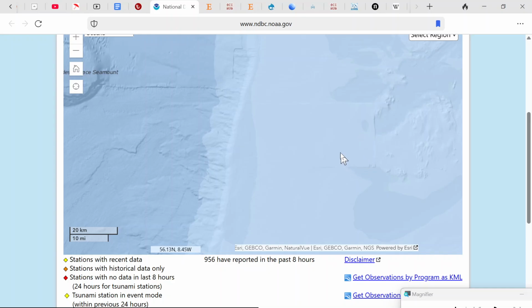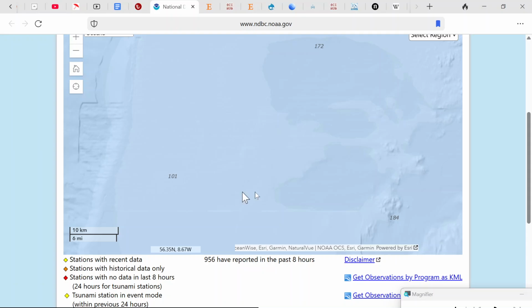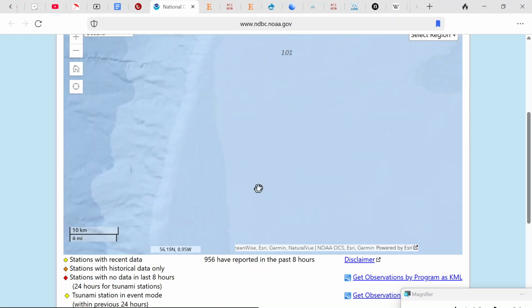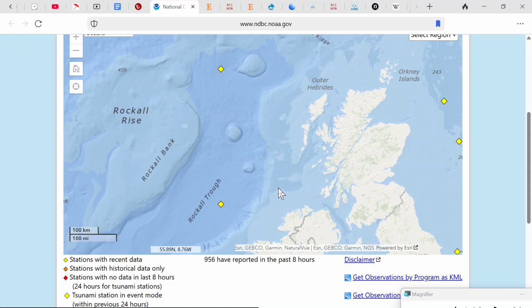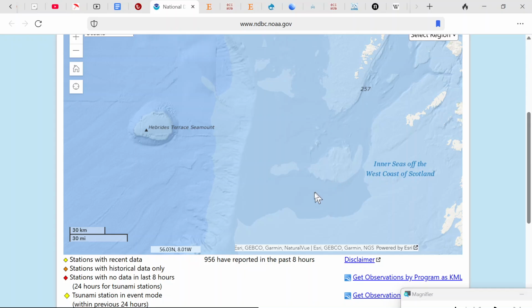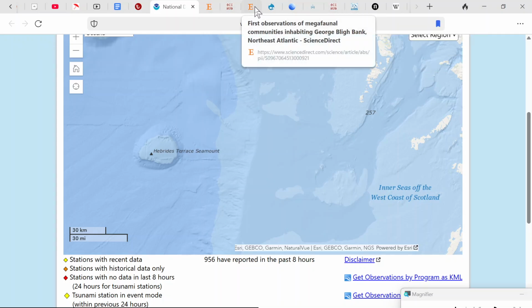As you can see, you don't see anything, right? There's nothing too interesting here. Nothing really visible. Now let's zoom out a bit. You can see we are still besides England, at the inner seas of the west coast of Scotland. All right. The Hebrides Terrace Seamount. Maybe it's Terrace. Where is it? Because I found...